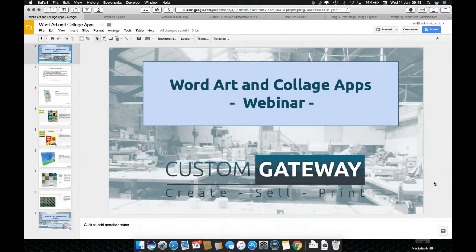Today I'm going to be going into a bit more depth about some of the features within the custom product platform that you can use to apply design ideas to different product types. So it's going to be concentrating on word art and collage applications and how collages can be created very easily